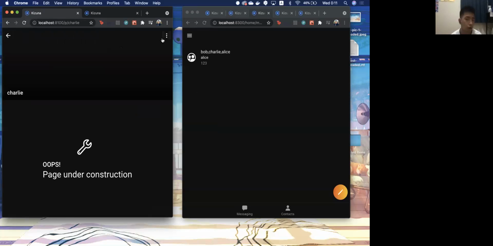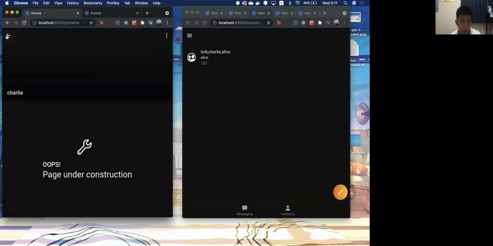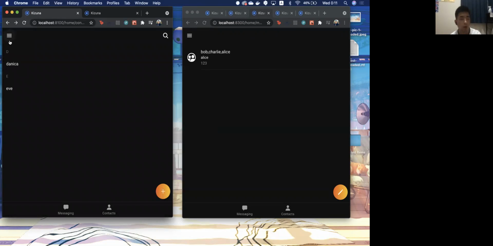You can block them as well. And right now, if you block an agent, you cannot add that agent into the group, obviously. So yes, you will see the list of blocked agents here. Actually, that's pretty much it, I guess, for what we have in the feature list.